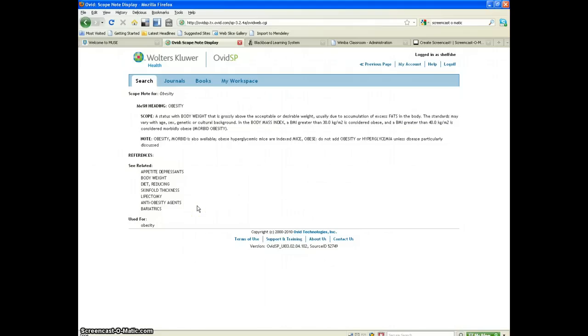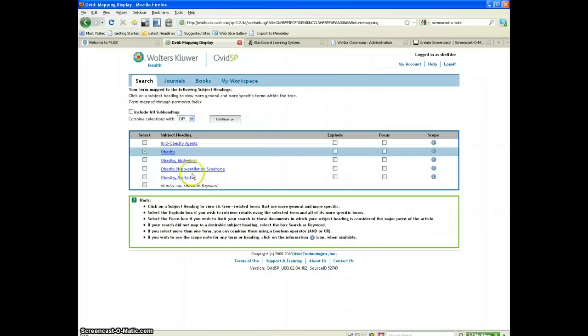So you can just use the scope note to double check that the subject heading that it suggested is the right one for you, or if you've got a list of subject headings and you're not sure which one to choose, going into the scope note can help you decide. Now if I go back to the previous page, if I click on the term obesity in blue,